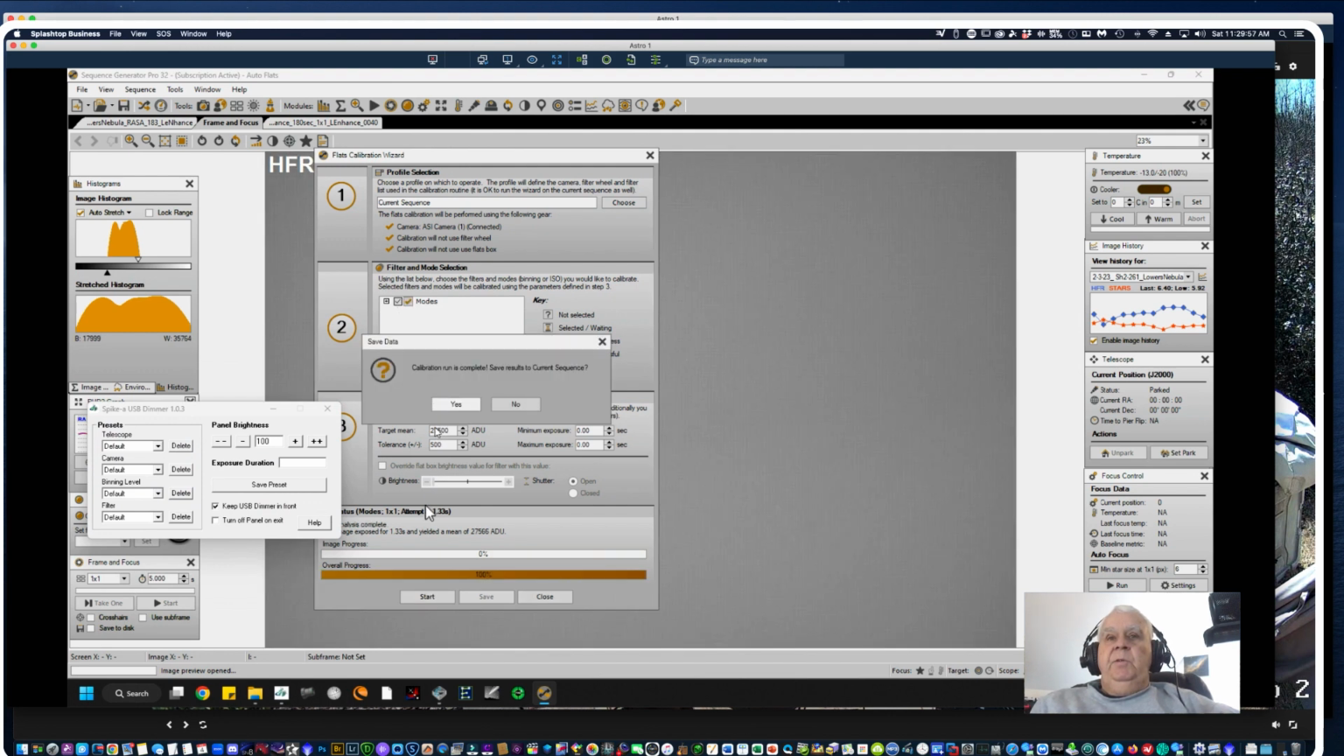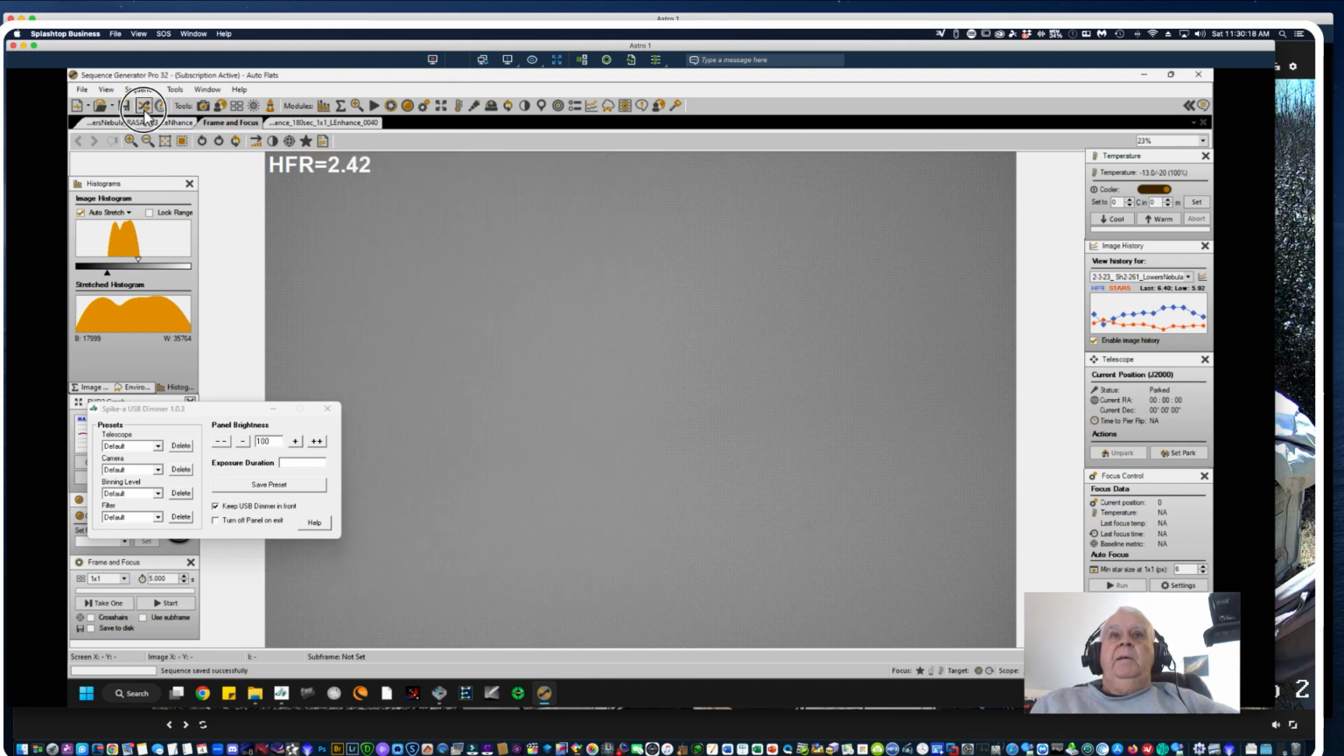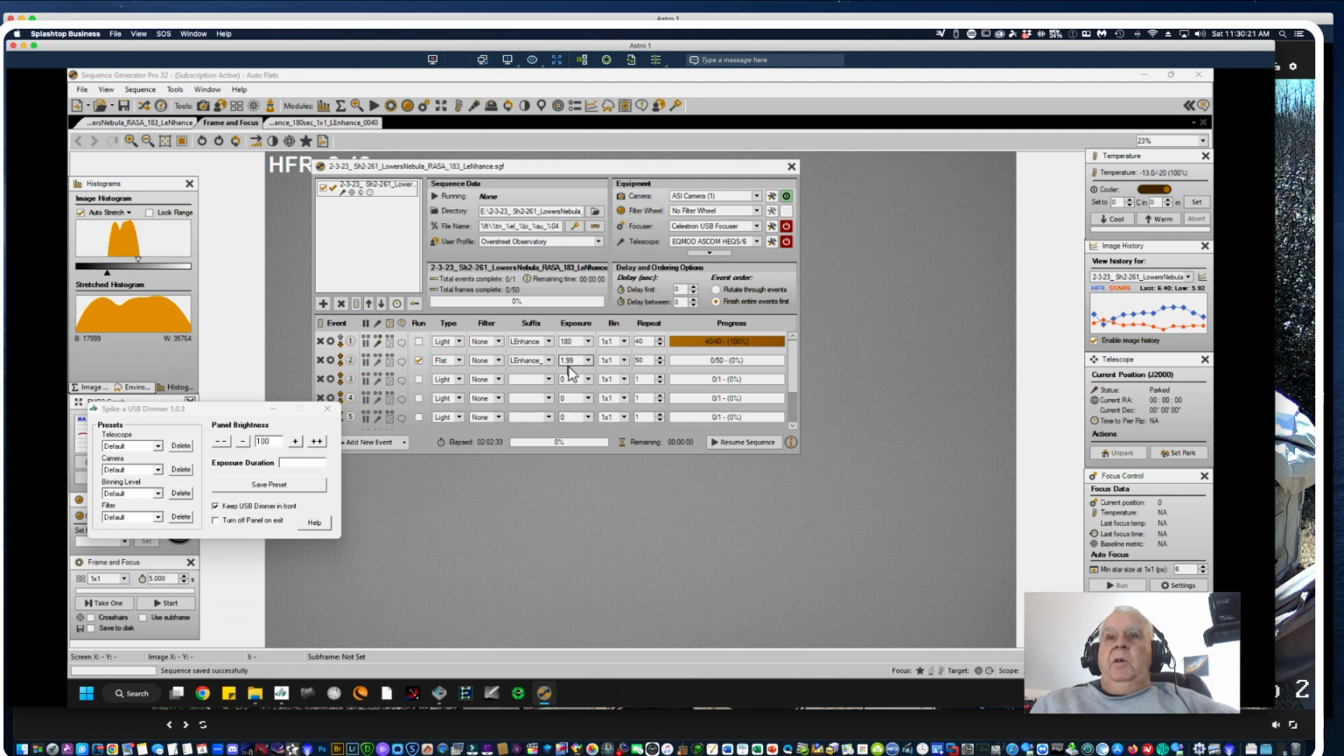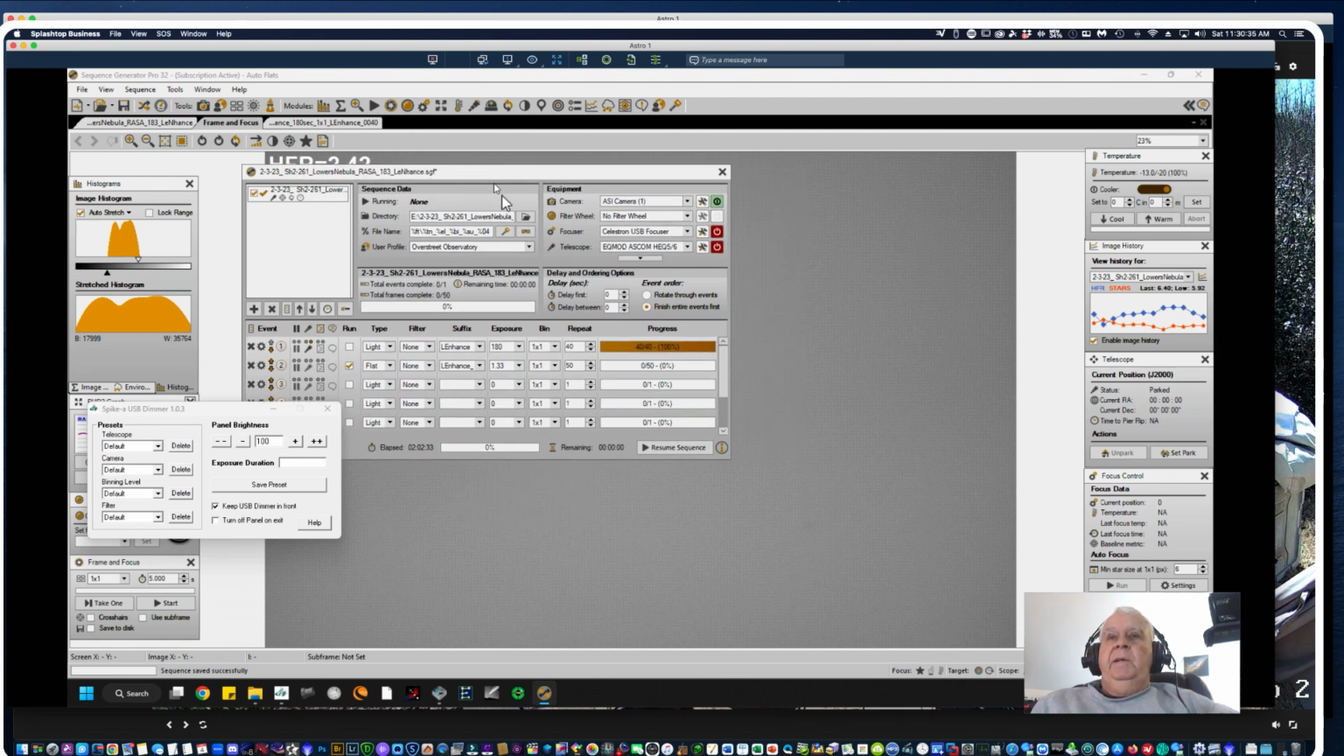Okay, it managed to, at 1.33 seconds, yield 27,566 ADU. That's my histogram. I like it, so I'm going to save it. And it's been successfully saved. I'm going to close this now. And in order to load this, I'm just going to trick this. I'm going to put light and then go back to flat, and it'll change it from 1.99 to 1.33. So I'm ready to take flats, and I'm going to go ahead and resume the sequence,